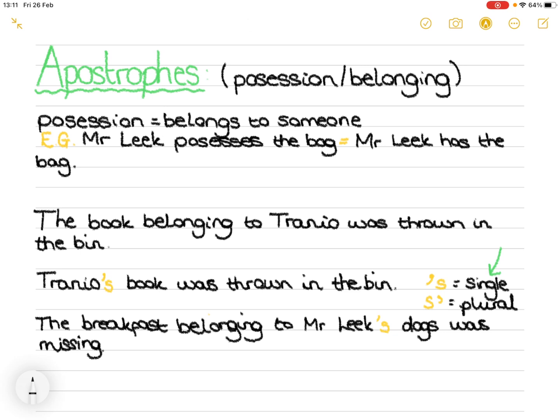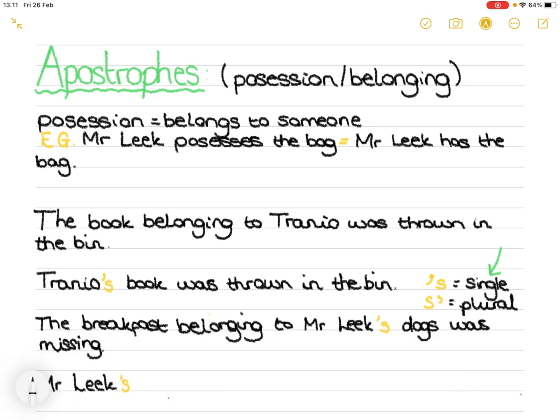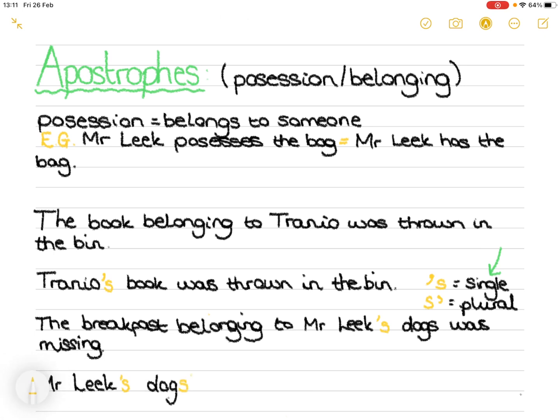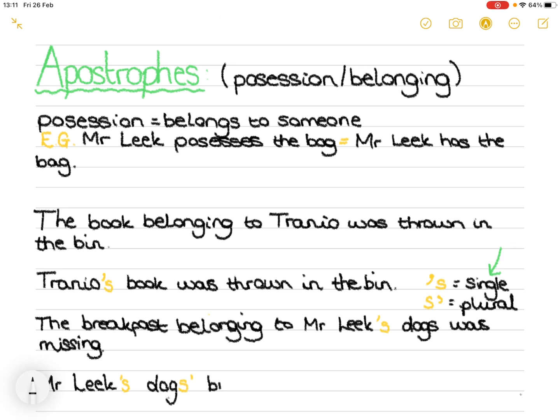So our sentence is, the breakfast belonging to Mr. Leek's dogs was missing. We want to change this, we want to make it flow better. So we will say, Mr. Leek's, and here we have an example of a singular apostrophe, Mr. Leek's, and this is where we use a plural. He has 3 dogs. So if it's his dogs' breakfast, and there's more than one dog, there we are. We use the apostrophe after the S. Breakfast